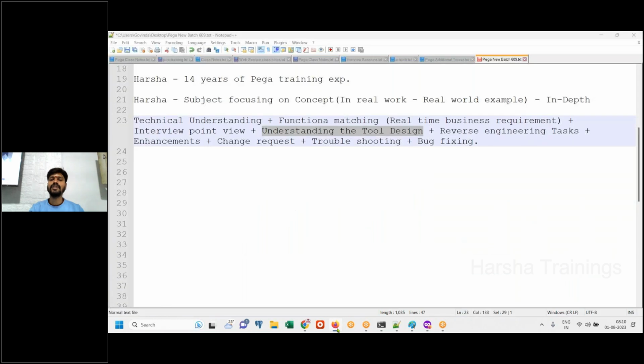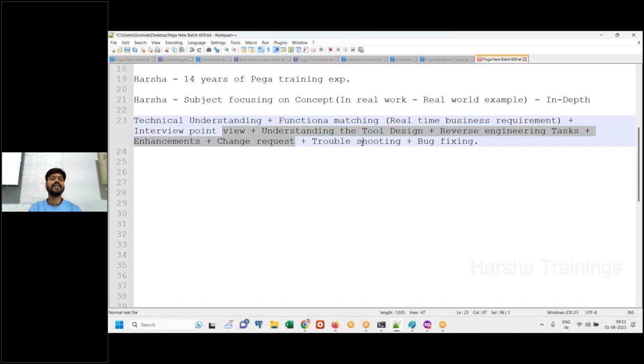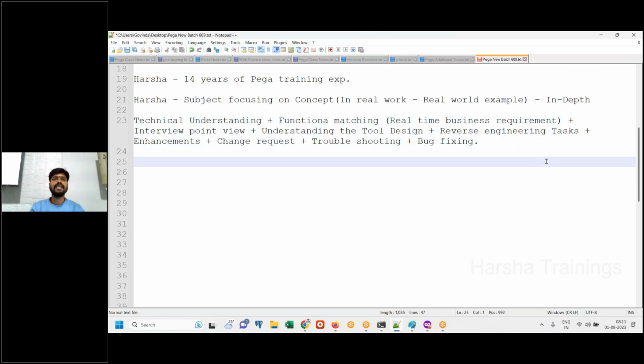Why should you know about the design of the tool? If I learn only forward engineering to develop new business applications and to implement new business requirements, pretty much fair enough, right? Why should I focus on learning reverse engineering, tool design, that you are calling reverse engineering tasks? Because in real time, the business requirements you get will be not only forward engineering, but reverse engineering, enhancements, change requests also will come, troubleshooting also will come, bug fixing also will come. So you have to be molded as a full-fledged Pega developer,